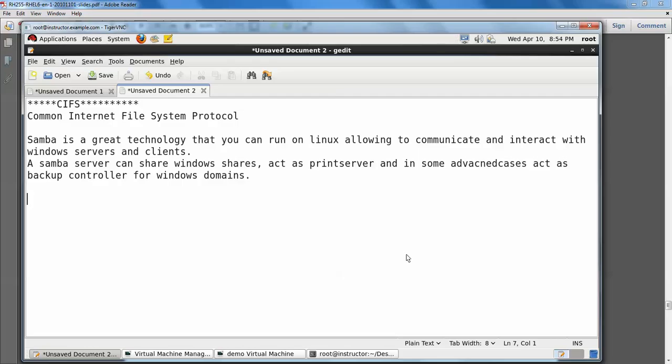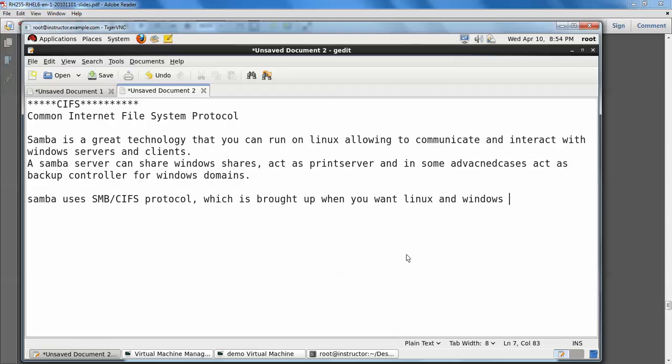Samba uses the SMB/CIFS protocol, which is brought up when you want Linux and Windows machines to be able to share files together.